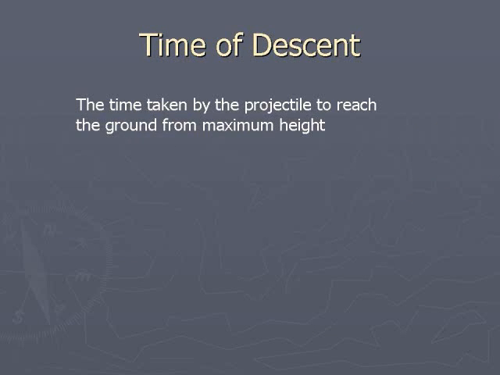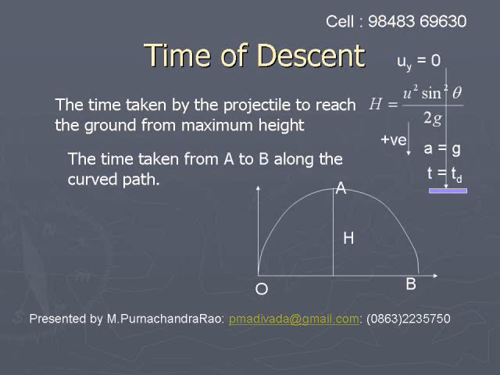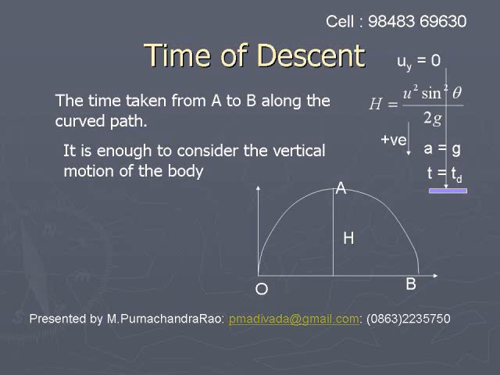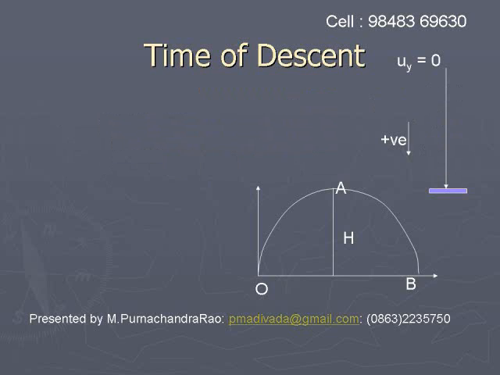Time of descent. It is the time taken by the projectile to reach the ground from maximum height. The time taken from maximum height to the ground is known as time of descent. For this purpose, we consider the vertical motion of the projectile. We consider its initial velocity as 0 because at maximum height its vertical component of velocity is 0. So we consider it as a freely falling body, and acceleration a is equal to g, s is equal to maximum height,